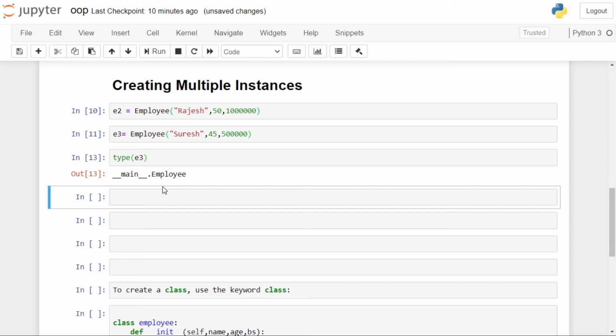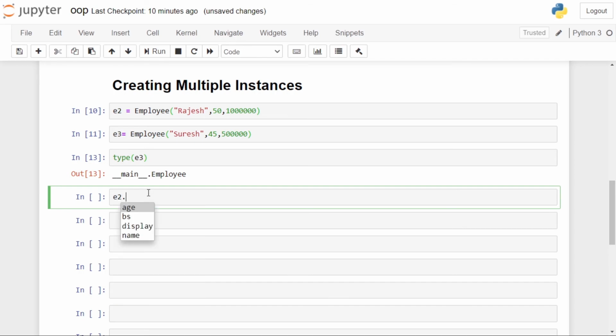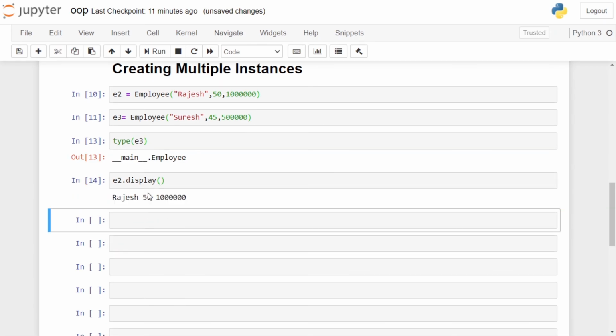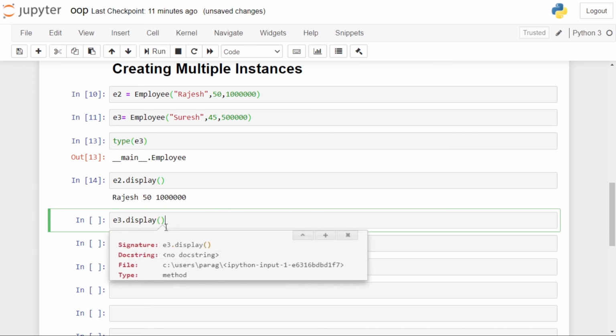If you want to display the information of E2 and E3, then you will call E2's display function, which will display the information regarding E2, and you can call E3's display function, which will display the information regarding E3.